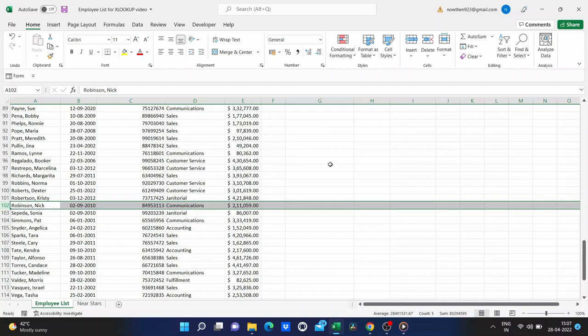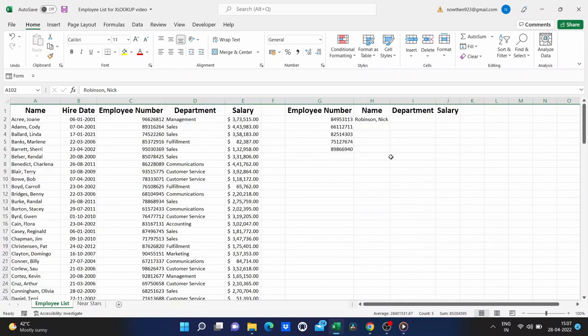Okay, so let's go back up to the top. Nick Robinson, so it did work. It did find the right employee. Now, for those of you that have watched my other Excel tutorials, you know that I don't have to repeat those same steps for the next employee number. I don't have to start the formula all over again. All I would have to do is click on Nick Robinson, and if you think about it, it looks like I'm clicking on Nick Robinson, but I'm actually not. This cell doesn't really contain Nick Robinson. It contains this formula, which produces, in this case, Nick Robinson.